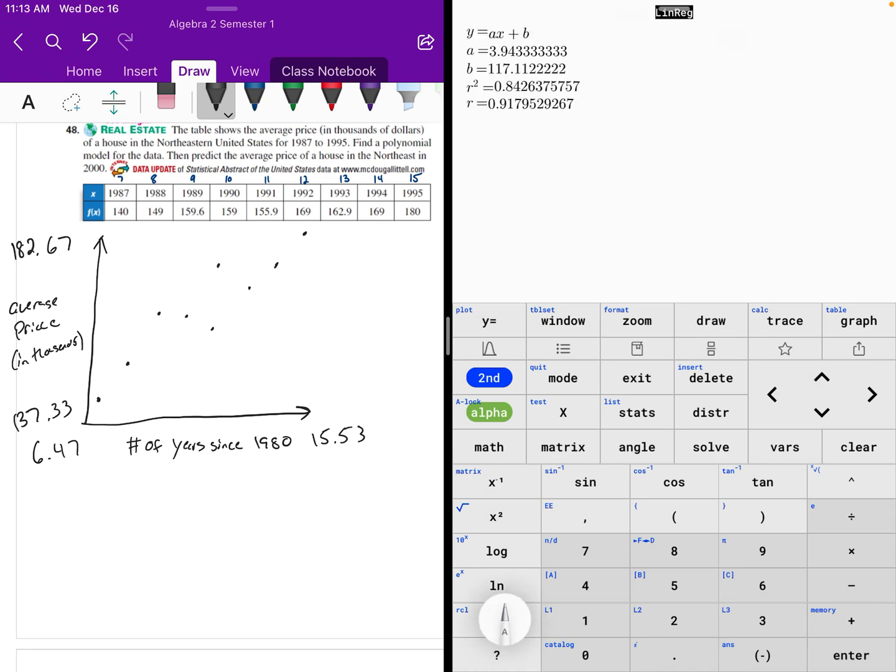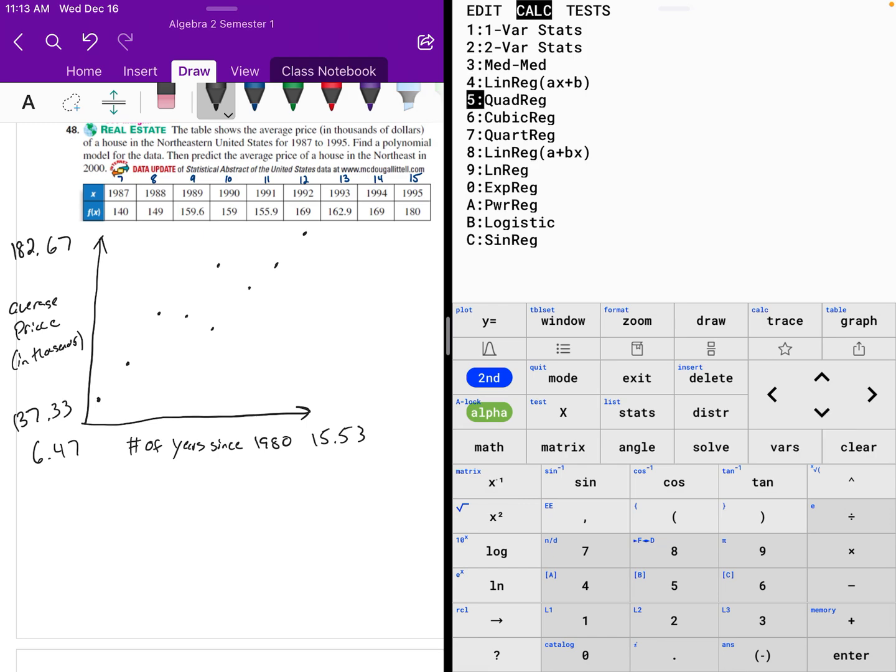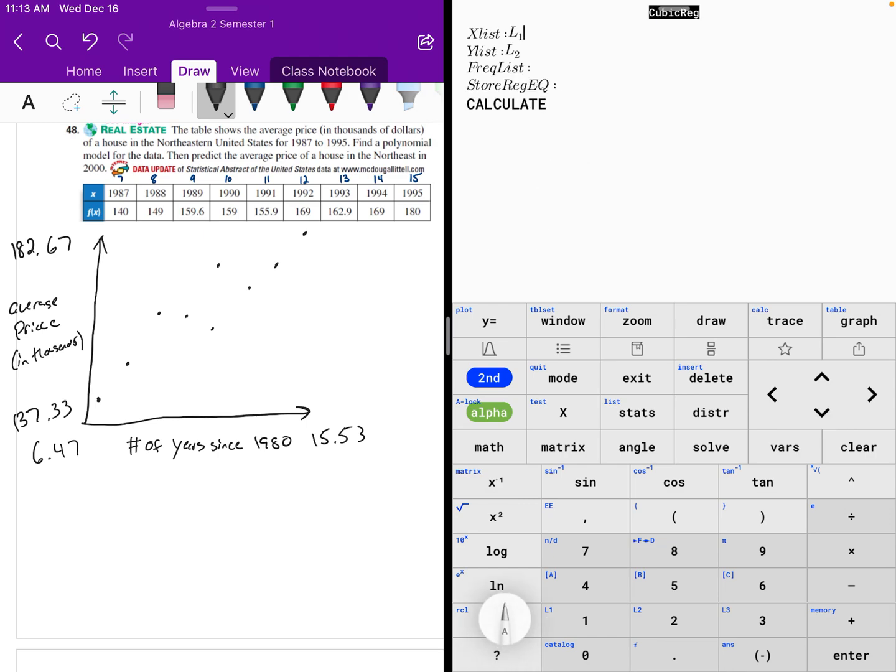Calculate. And what we're going to look at is the correlation coefficient. Okay, for the linear regression, it was at 0.9179 or 0.9180 actually when we round to 4 decimal places. So let's see if our coefficient of determination is better with that cubic regression. Okay, so run that cubic regression, we get that coefficient of determination of 0.9204, which was better than the linear regression, so we want to use the cubic regression in this case. Okay, so cubic regression,